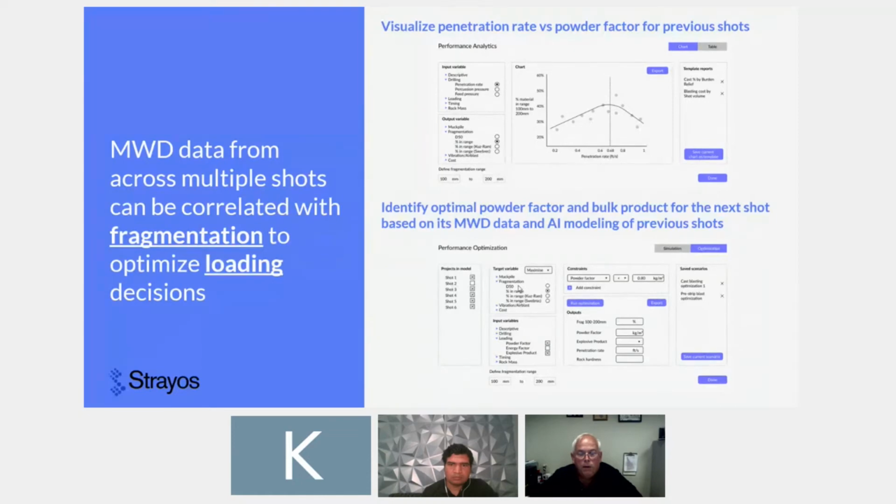And so if you can make changes, you can say, this is predictive on what if I spread my pattern out, or if I change certain things, my timing or anything like that. And it truly helps you get a better fragmentation, or at least a predictive idea: if I do this, my fragmentation will change. And it allows people to more dial in their drilling and blasting program. It's really big in my mind.